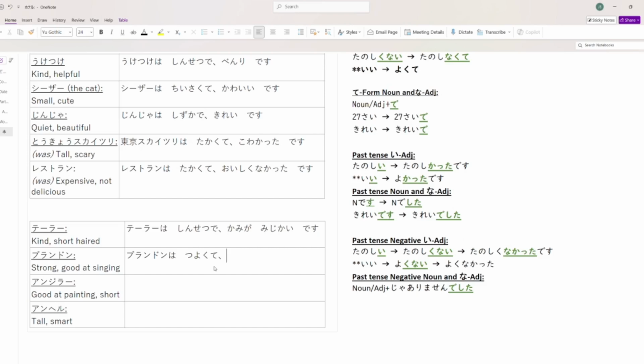So it's that phrase thing that we did in that previous sentence. Okay. With the ga. Kami ga mijikai. We started with the hair. Uta ga jozu, right? And this. Yep. 正解です。Okay. ブランドンは強くて歌が上手です。